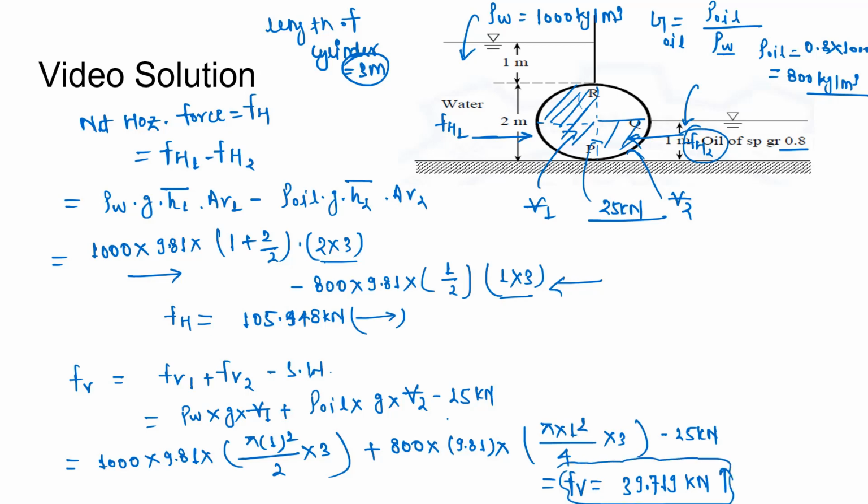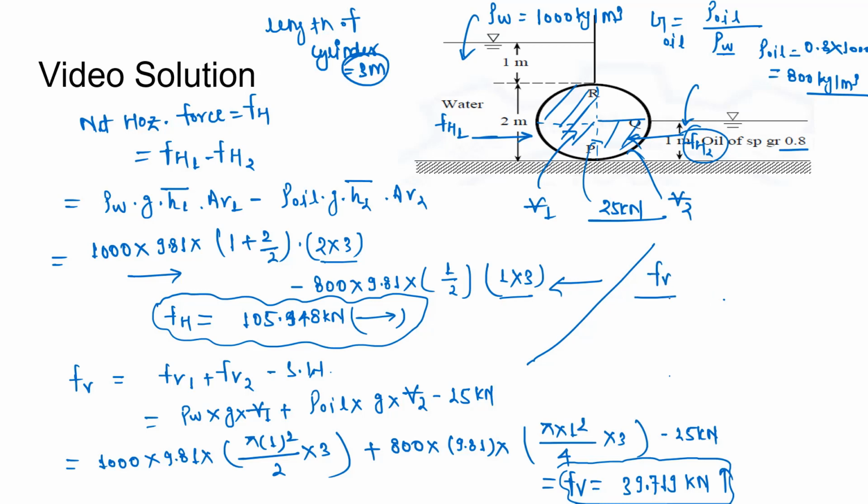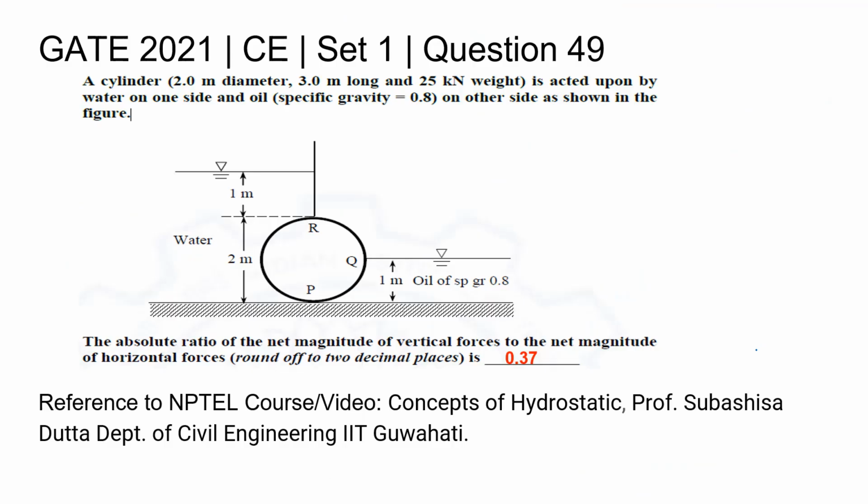So here we have calculated FV, and this is our horizontal force FH. In the question we are asked to find the ratio of FV by FH. So here value of FV is 39.719 and FH is 105.948. So the value coming is 0.374. So for this we are asked to find the value in two decimal places. So the value will be